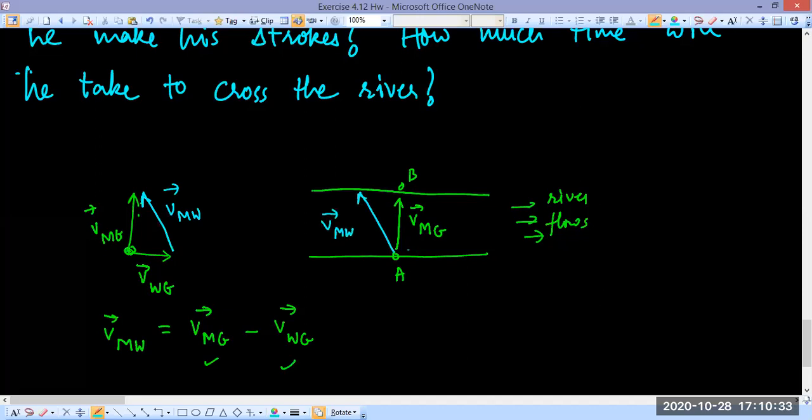Naturally the river is flowing like this, so then the person should try to swim inclined at an angle like this so that the water will drag him and bring him to the point B. So now we have to find not theta. If you remember, I warned you, we have to find the angle of the stroke direction with the river flow. So whatever you find, your answer is going to be 90 plus theta, right? I hope everyone understands that the final answer will be 90 degrees plus theta because this angle is 90.